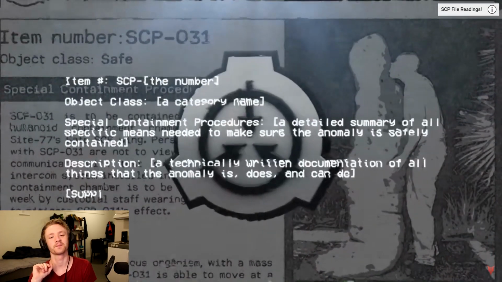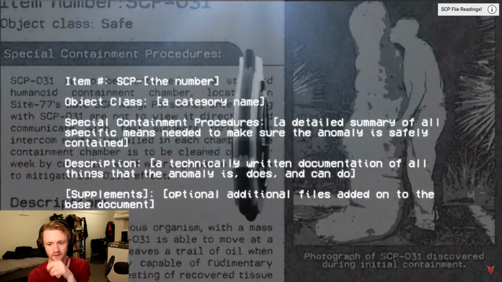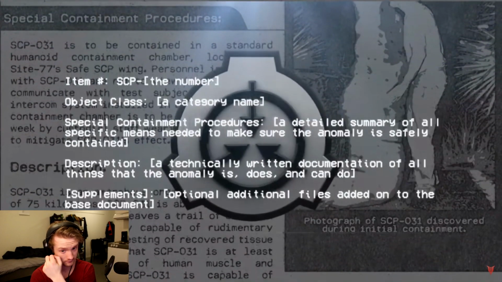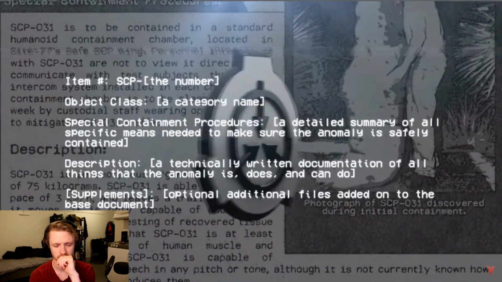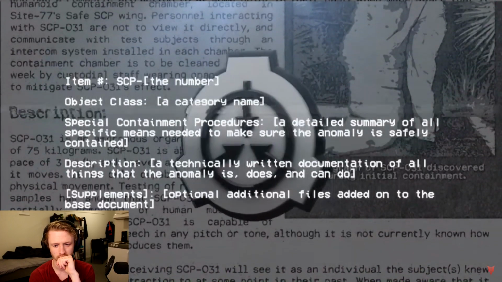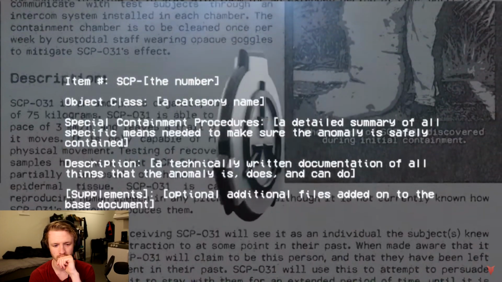An SCP file has a very specific format that, in general, must be strictly adhered to. SCPs are the backbone of the entire franchise. These documents are the set pieces of the universe, showcasing its tone, stories, and possibilities. The basic format of an SCP is as follows.